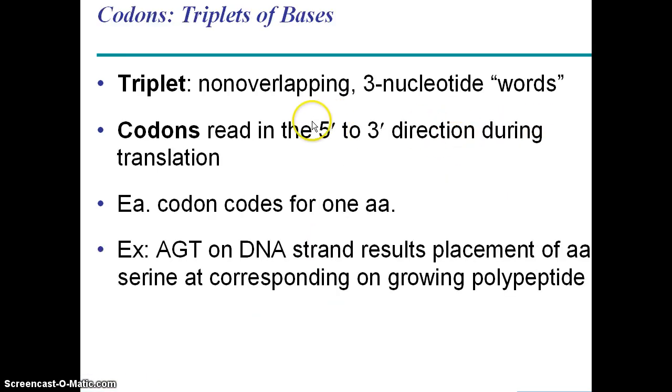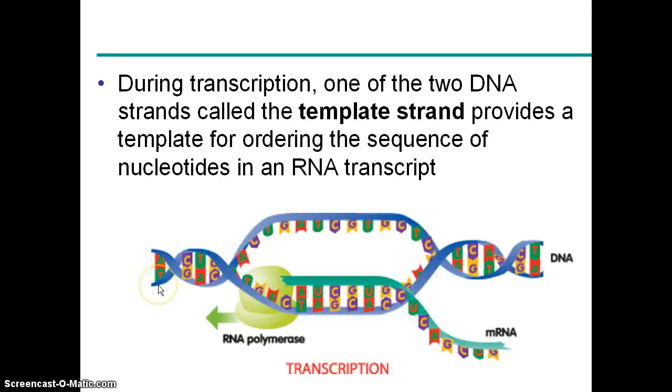All right, last little bit here. These codons, these three base segments, can be referred to as triplets. So, if you hear that, don't dismay. Just recognize that codons are referring to these three nucleotide segments. And again, the key idea is each codon specifies a single amino acid. So, for instance, the codon or triplet AGT specifies the amino acid serine.